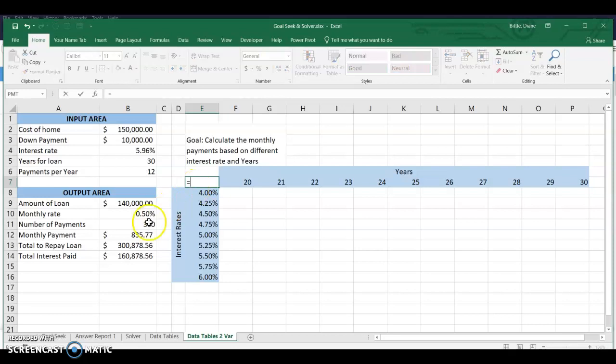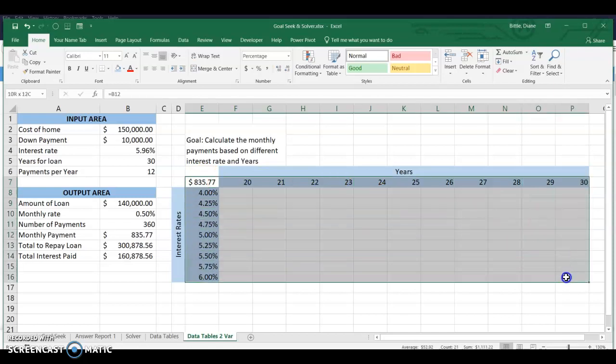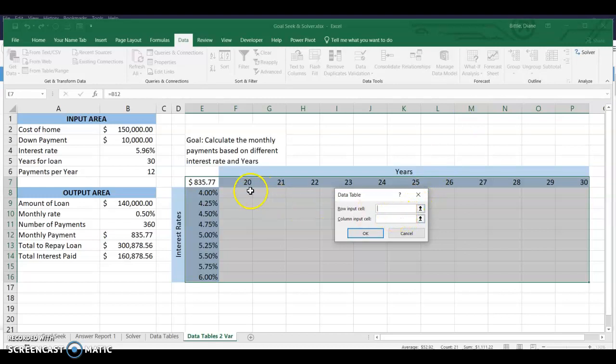So I want to figure out the monthly payment, so I'm going to just put in the formula that's in cell B12. Now, you highlight the table by selecting the variables at the top and to the left, and the formula is in the top left corner. We go Data, What-If Analysis, Data Table. Now this time I have years going across in a row, and I want to put them into the years for the loan that are in cell B5. And for my column input, I have interest going down the column, and I want to input those variables into B4. And if I click OK,